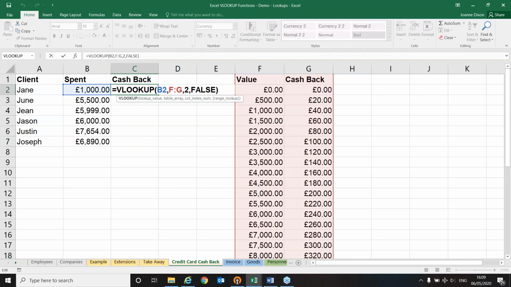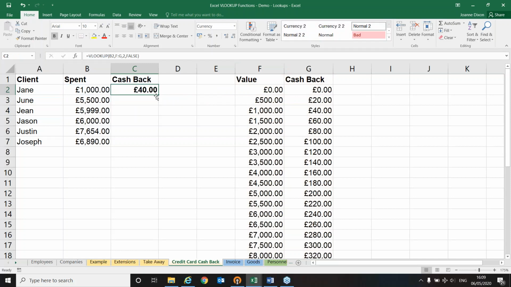Looking at the formula, B2 is relative. I want it to change to B3, B4, B5. I don't need the dollars round F and G because it's doing the whole columns anyway. So I can simply fill that formula down. So poor old Jean gets nothing. However,